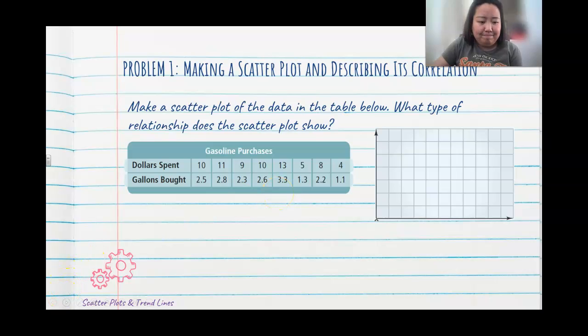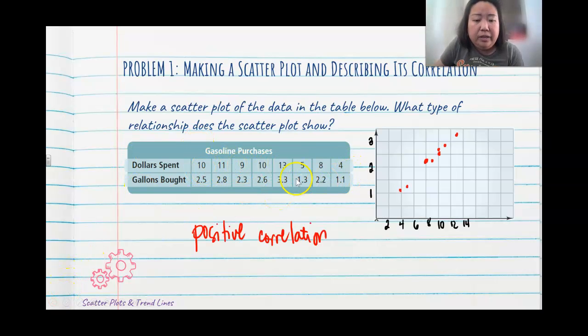Go ahead. All right, so given this data set here, table of values here, our x value is the dollars spent, and our y value here is the number of gallons bought for gasoline. And so here, as you can see, the more money you are spending, the more gallons of gasoline you're able to buy. And so looking at the positions of our scatter plot here, we can say that there is a positive correlation between the amount spent and the amount of gallons bought for gasoline. All right,